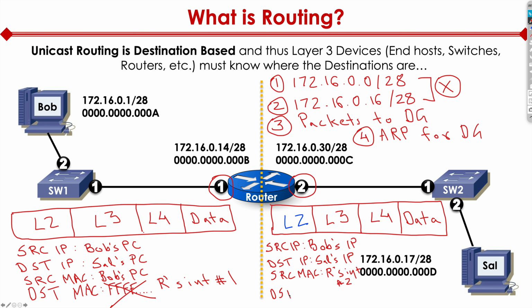And the destination MAC in this instance is going to be initially all F's because it has to determine Sal's MAC address and all that. So it's going to go through the whole jazz that I've discussed so far, and eventually it's going to get Sal's MAC address back. It's going to populate its ARP table, and all the consequent packets are going to have the destination MAC set to Sal's MAC address. And now at this point, there's sufficient information for the router to be able to go